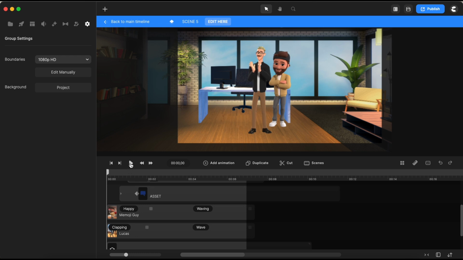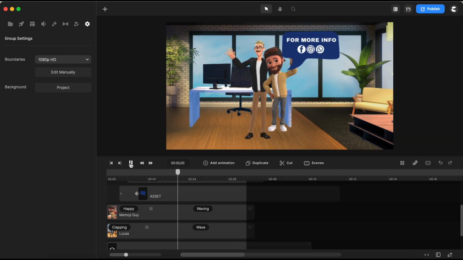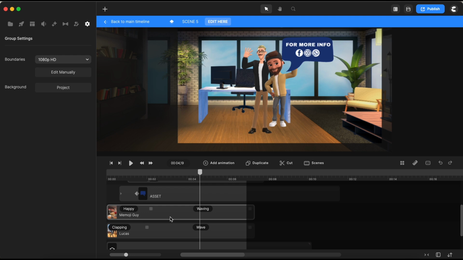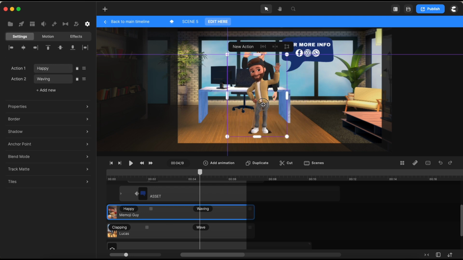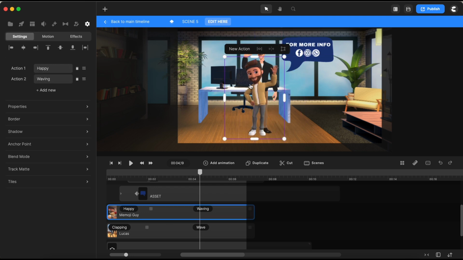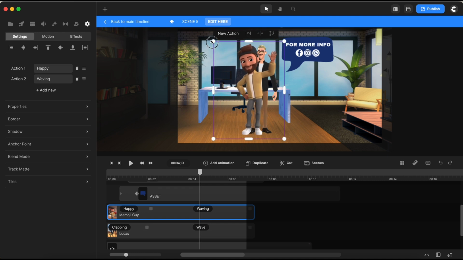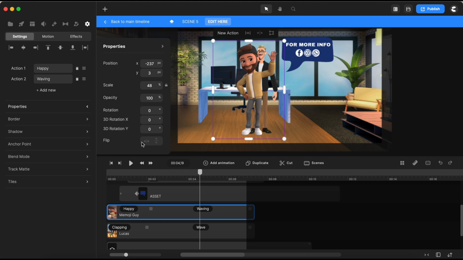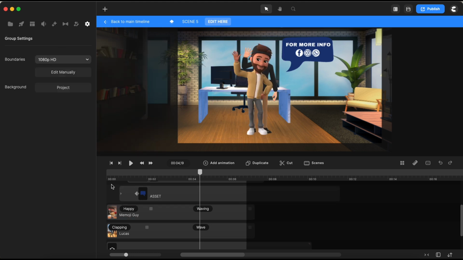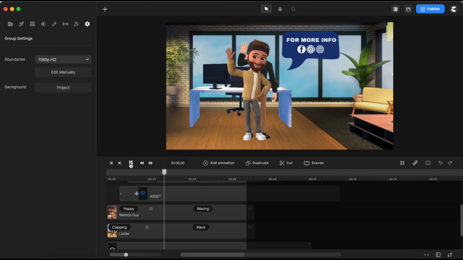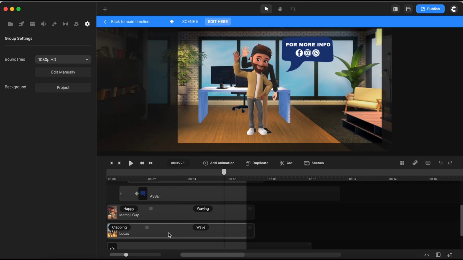Now, if I hit play and watch this new guy go through his actions, I gotta say, I think he's looking even sharper than Lucas did. I'll just nudge him into position, scale him up just a tad, and let's flip him over so he's facing the right way. Let's check it out. And there you have it. As I mentioned, he's looking even better than the original